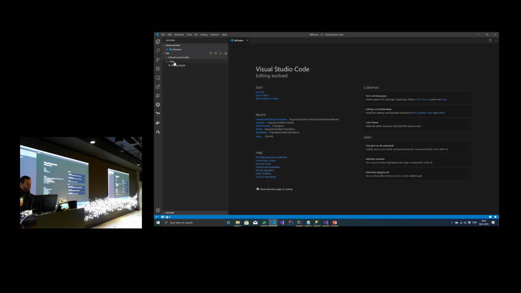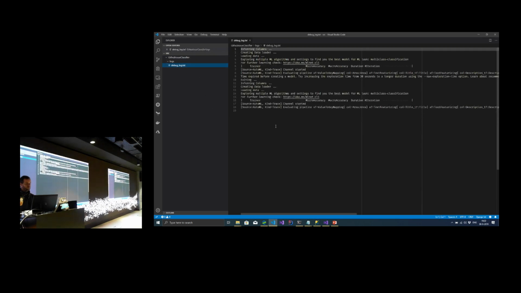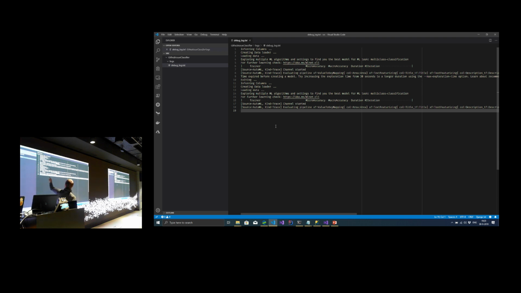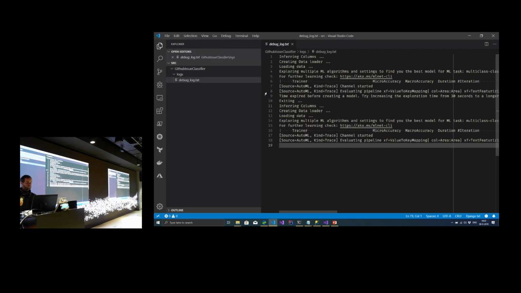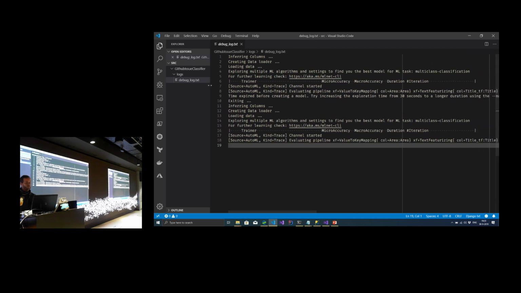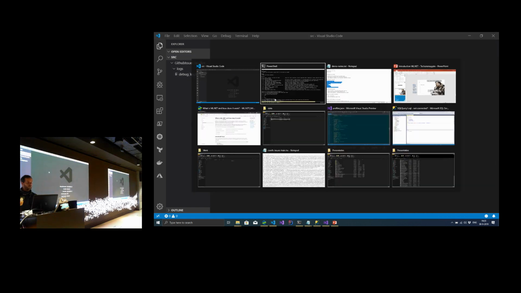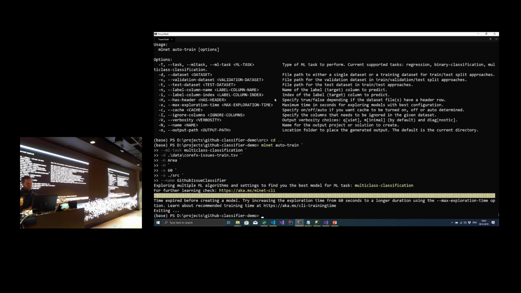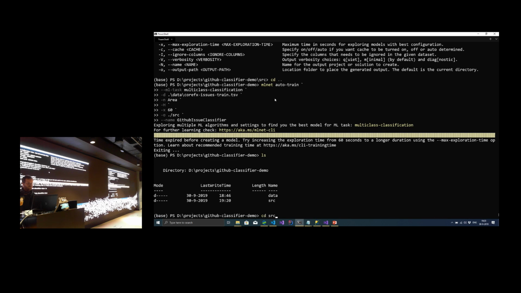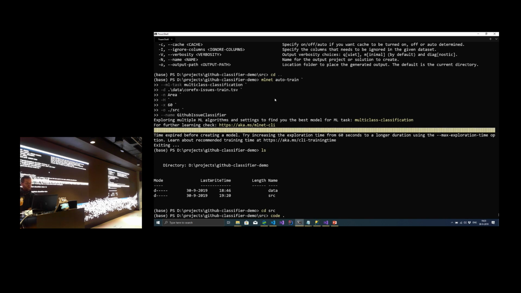In the meantime, I can show you the log file, which is what happens underneath. It will fire up the trainer, and if I'm not mistaken, it should be. So this will contain at the end all the logging that is output by the tool. Let's see, it's almost finished. Come on. Ah, it expired again. Bummer.